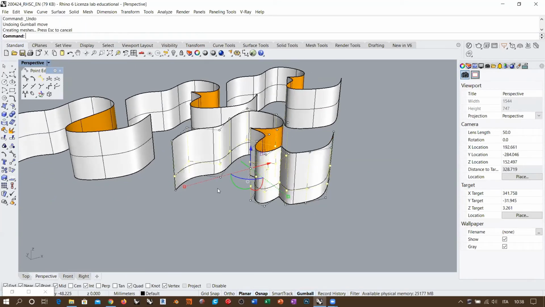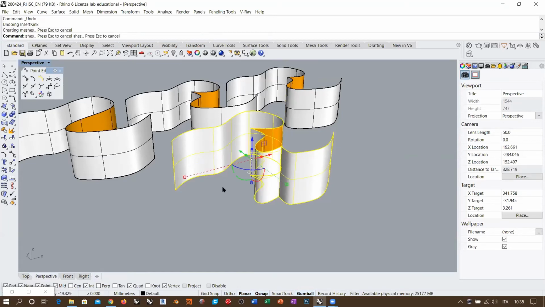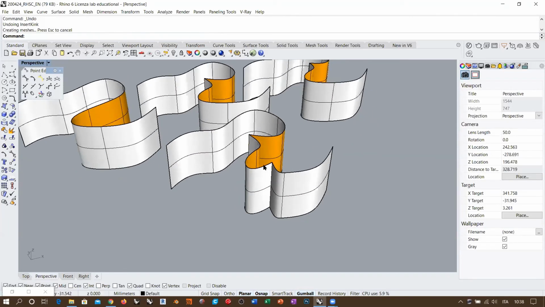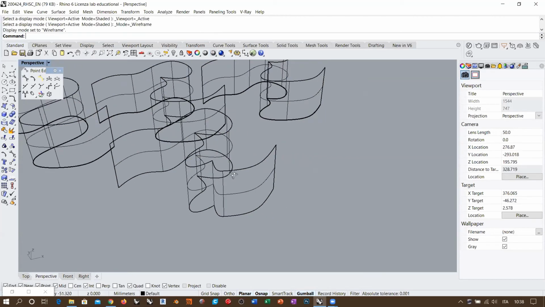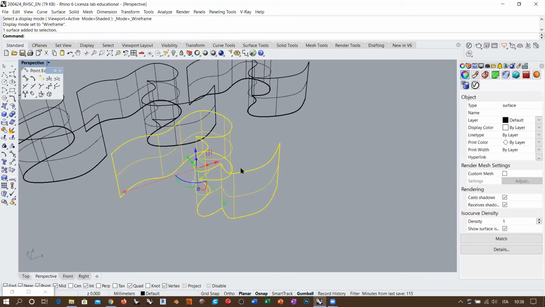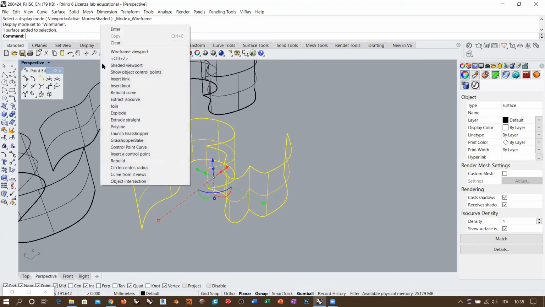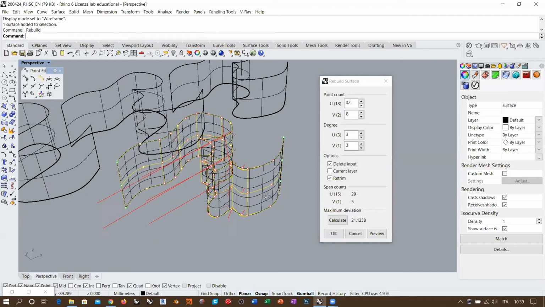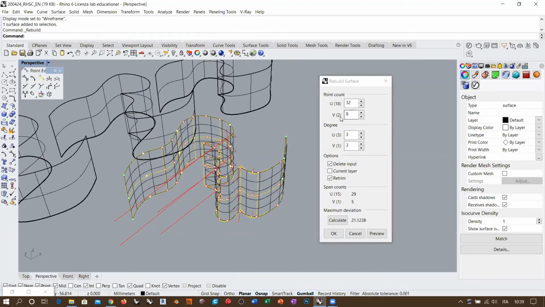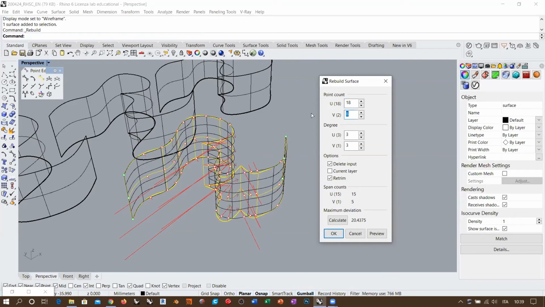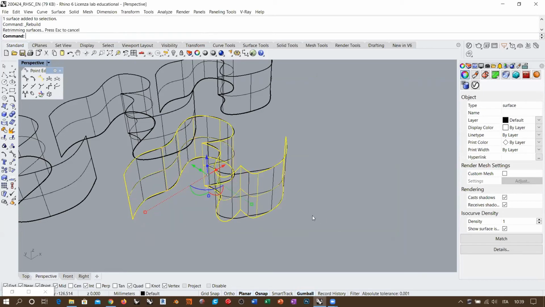Okay, so if I don't want this, if I want to, I don't know, smoothly deform this surface vertically, first what I need to do is take this surface and rebuild it. But the problem is that in this case I cannot do this, because if I rebuild this surface here, not only will I be affecting the V direction, I will also be affecting the U direction. So also if I select 18 control points and I take the minimum amount of control points for the V direction in order to have degree 3, and I don't delete the input and hit OK, I get